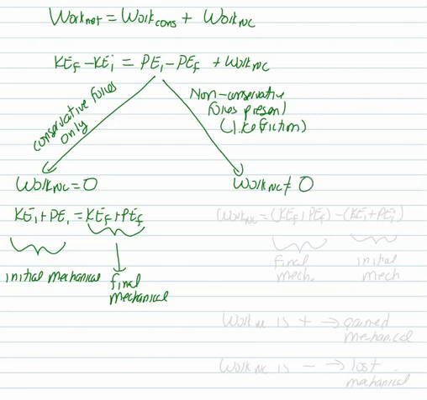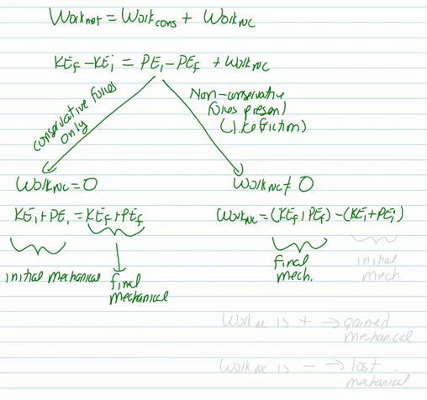And we deal with the equation and we rewrite it to look like this. Work NC equals KE final plus PE final minus, in parentheses, KE initial plus PE initial. So what this is telling us is, here is